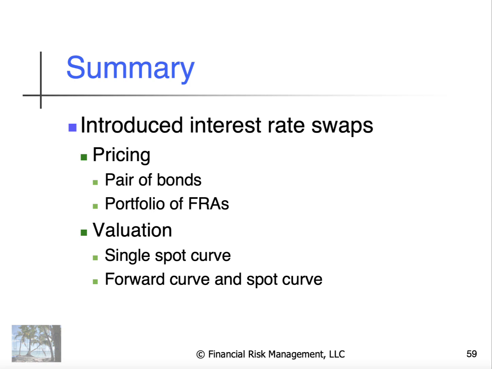So my recommendation is, depending on what your needs are, to use either a single spot curve or fit a forward curve for your forward rates, and then fit a discount curve for your discounting, or a spot curve for your discounting, and